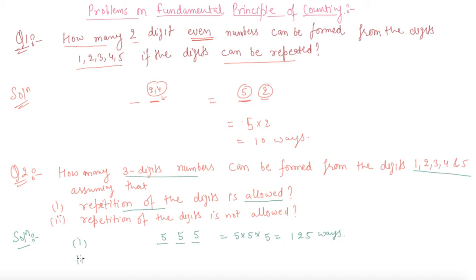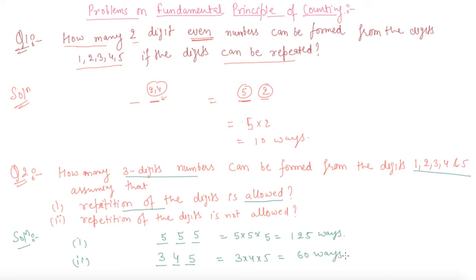Okay, and the second part is in which the repetition of the digit is not allowed. So in this case, if this place is filled with any of the numbers from 1 2 3 4 5, that number cannot be used here. So now this place can be filled in only 4 ways, and similarly if any of the numbers comes here out of the remaining 4, that number cannot be used in this place, so it can be filled in 3 ways. So the total number of ways is 5 into 4 into 3,